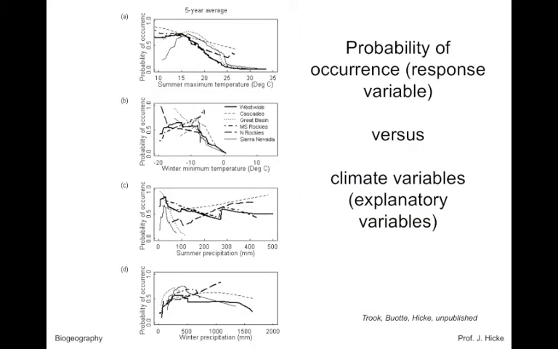Okay, so then after building the model, we could look at how the important explanatory variables influenced the probability of occurrence. Here we're calling this probability of occurrence, but it's effectively the same as probability of presence. So that's the response variable, and we selected 4 different explanatory variables as being important. The most important was summer maximum temperature, and if you just focus on that and these solid lines, the west-wide indicates that there was sort of a nonlinear relationship where